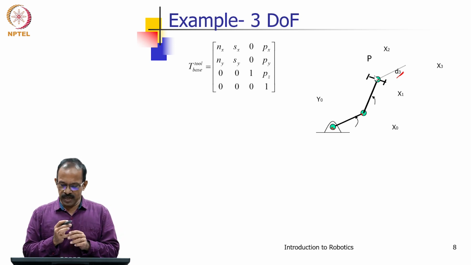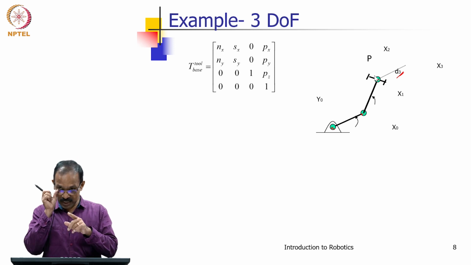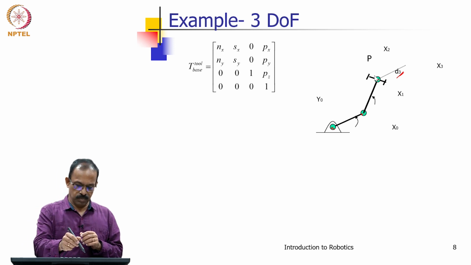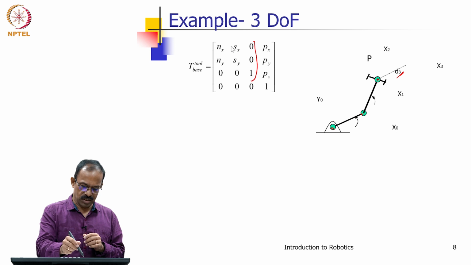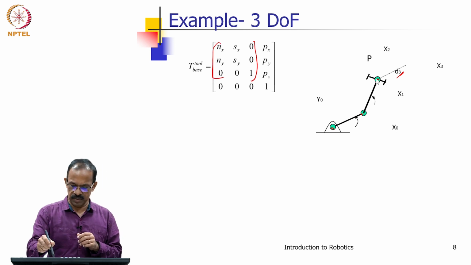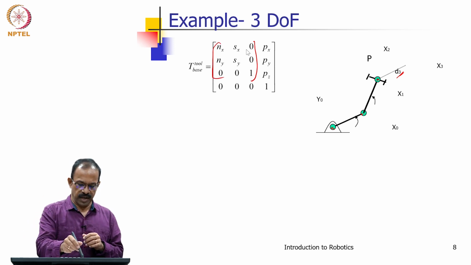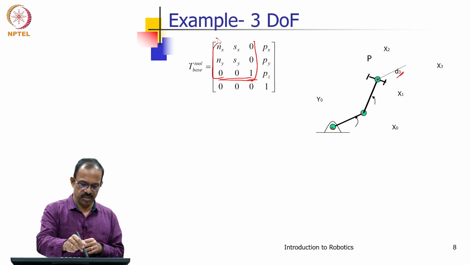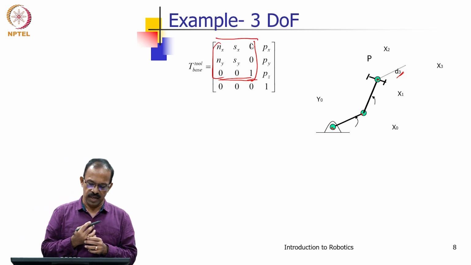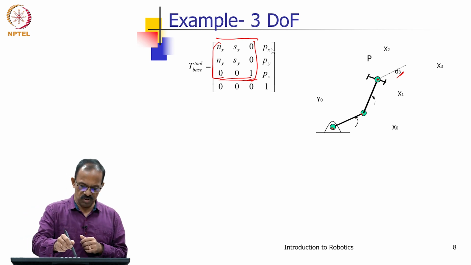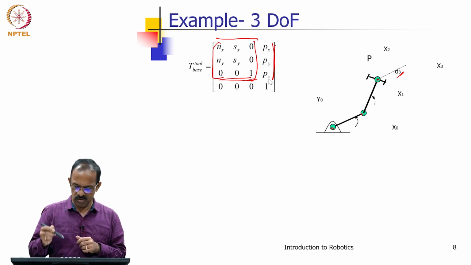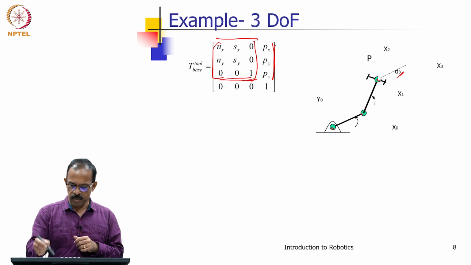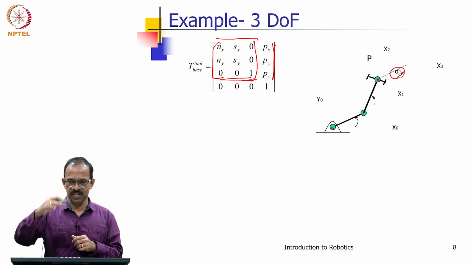Okay, so here since it is projecting out and there is no other thing, the orientation will be given by this. The axis is always vertical. So, you will be having nx sx, ny sy, and 0 0 1 as the orientation matrix. So, the orientation of the tool will always be in this format, nx ny sx sy, and the position will be px py pz. So, px py is the position, and this pz is because of the d3 which is projecting up.